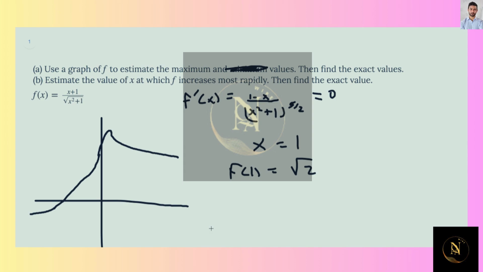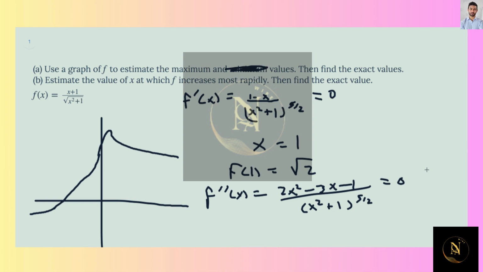So you actually have to take the second derivative. We'll take f double prime, and f double prime comes out to be 2x squared minus 3x minus 1 all over x squared plus 1 to the 5/2 power, and you set this equal to 0. Since 2x squared minus 3x minus 1 is a quadratic that does not necessarily have a simple factored solution,